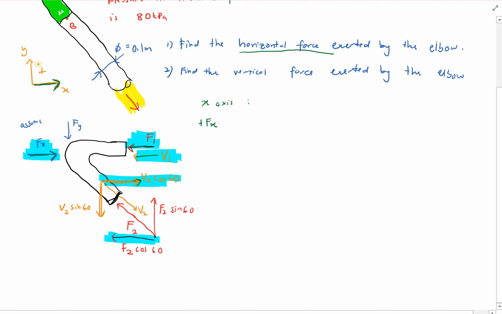Okay, but you have defined only going to right hand side gets a positive value. So in this case, it becomes negative F1. Okay, and then you have here another one, force 2, negative, minus F2 cos 60, equal to